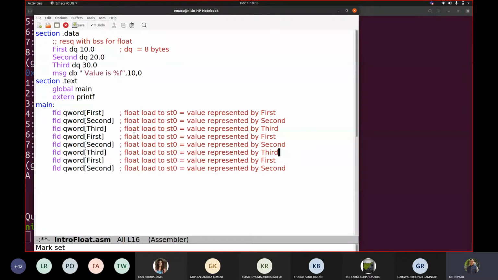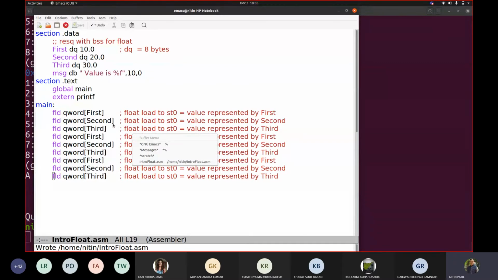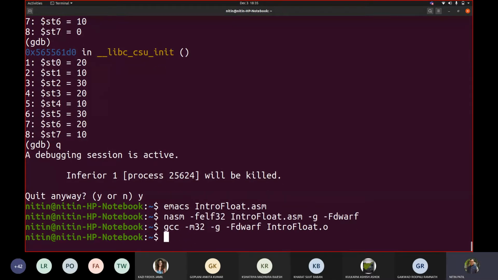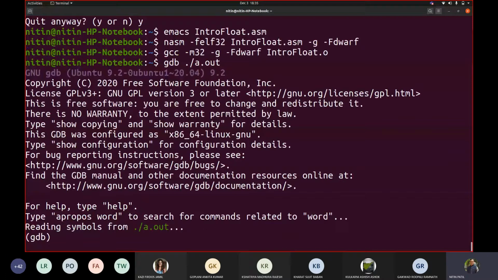Control V, and then I am adding this third. Fine. So now you have how many values? See, 1, 2, 3, 4, 5, 6, 7, 8, 9, and you have only 8 registers. Correct. So now let us see what happens. NASM, GCC, GDB, display $st0.